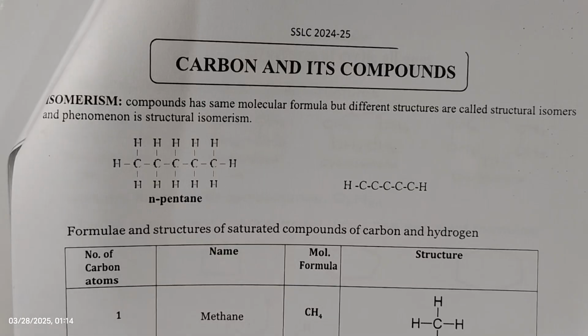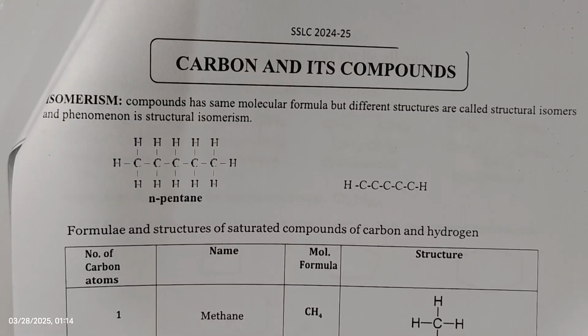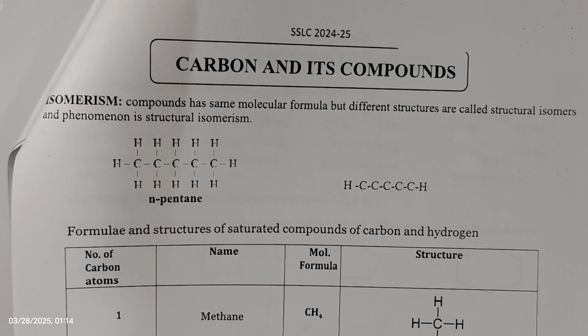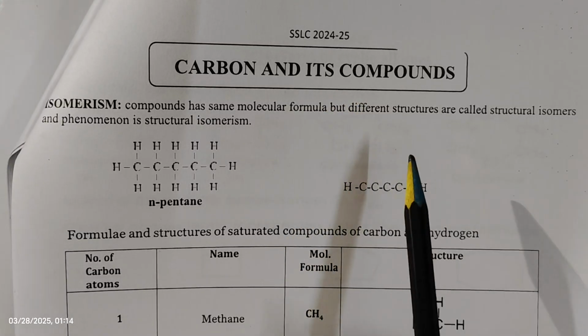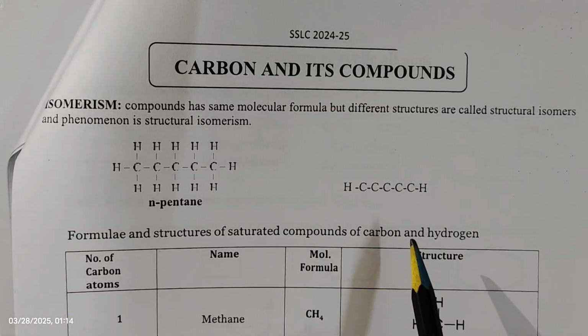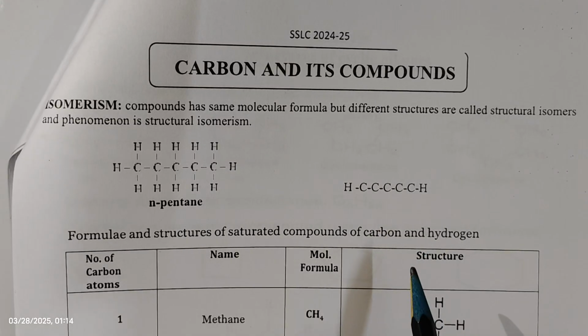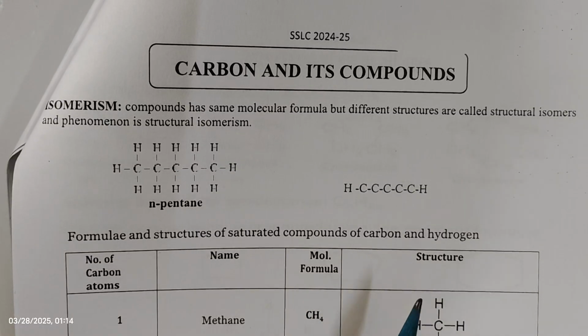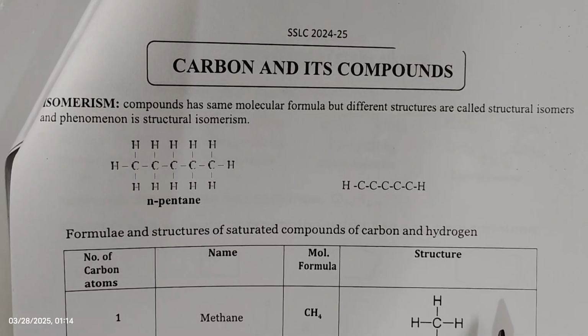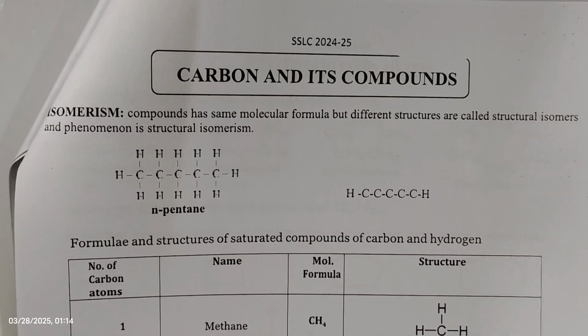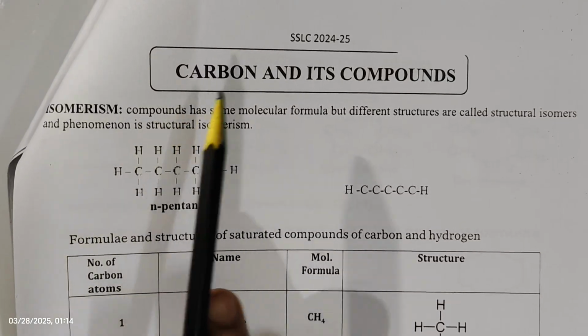In the previous video we discussed the important topics under the chapter metals and non-metals. We'll continue with the next chapter in chemistry, that is carbon and its compounds. I am telling again, this science supporter is basically for slow learners and average students, and these are the important topics they have to concentrate on more. Apart from that, you have to read the rest of the things also. But here you can easily score marks with minimum content, that is these concepts. So we'll continue. Chapter carbon and its compounds.